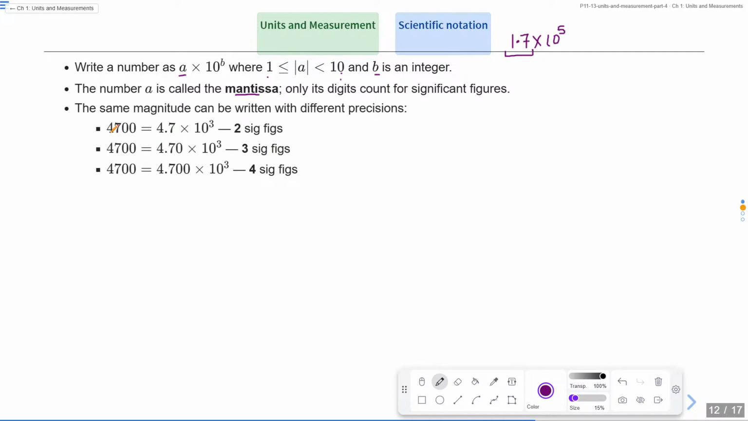Like this, 4700. If we are representing it in this form, 4.7 into 10 to the power 3, then it has 2 significant figures, 1, 2. If we are representing it as 4.70, that means its